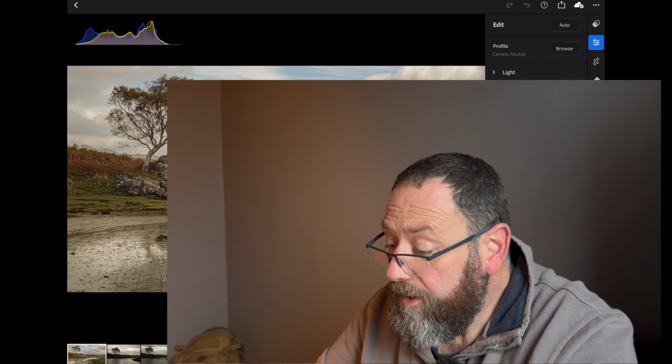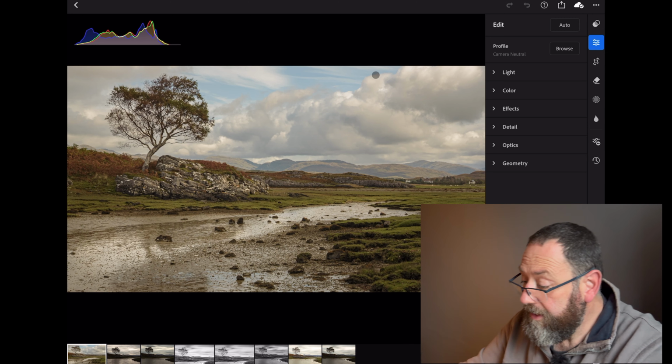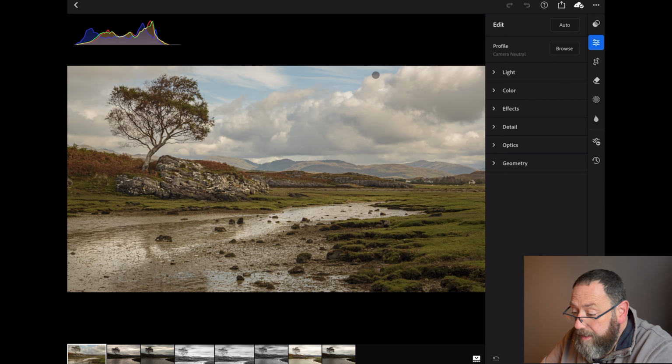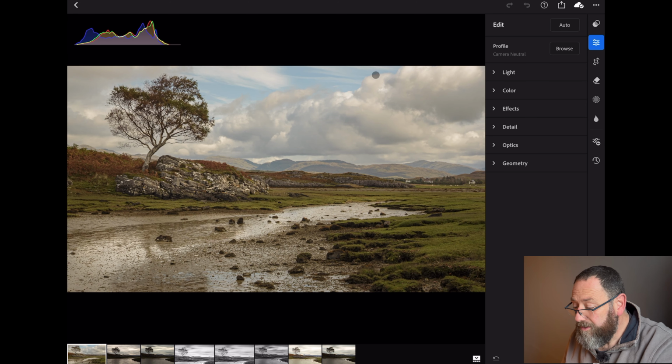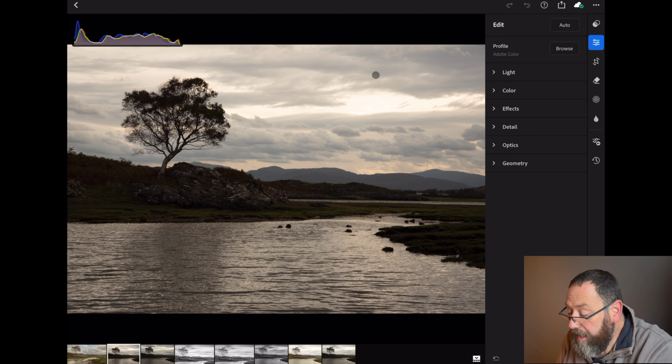So what I've started with is the first shot. It's one that I took the day before when the tide was out, and I've basically colour graded it and edited it, and it's quite a nice shot, but there's a lot of messiness in the foreground, a lot of detritus, a lot of rocks and pebbles and that sort of thing, and it's not as pleasing to the eye as what it could be. So I went back, as you'll probably recall, I'll put a link to the video in the top corner if you've not seen that video, and I went back and took a photograph again at high tide,